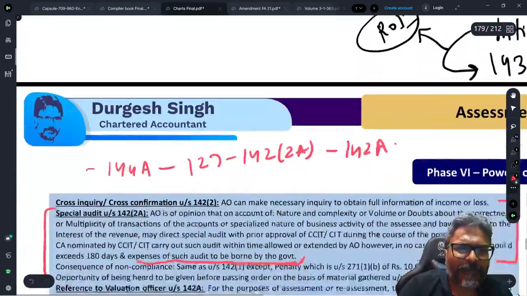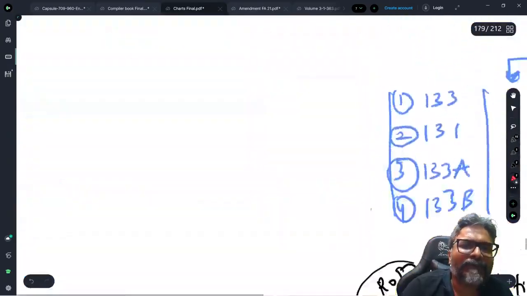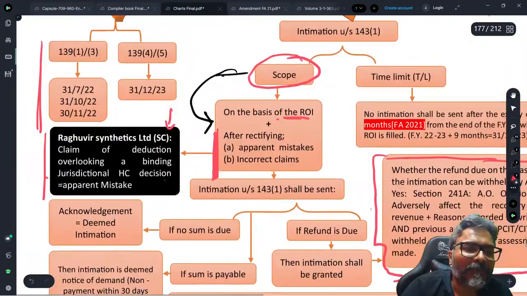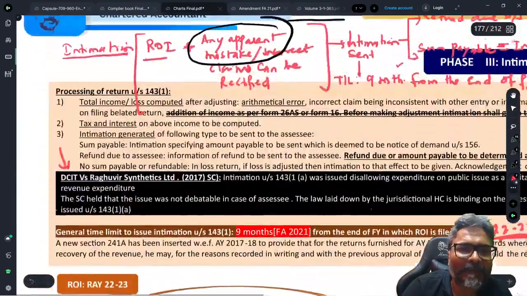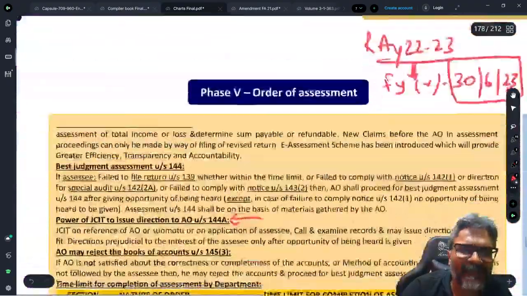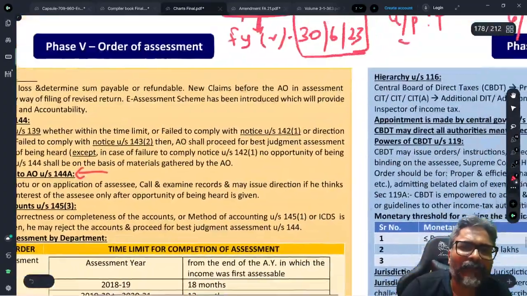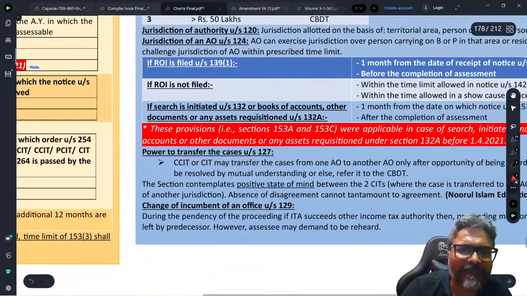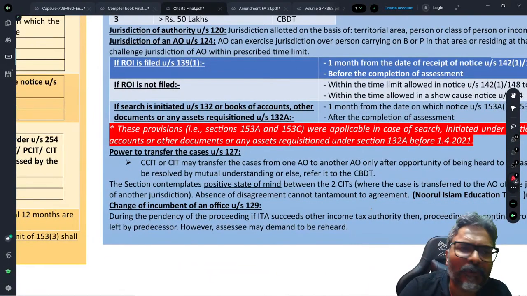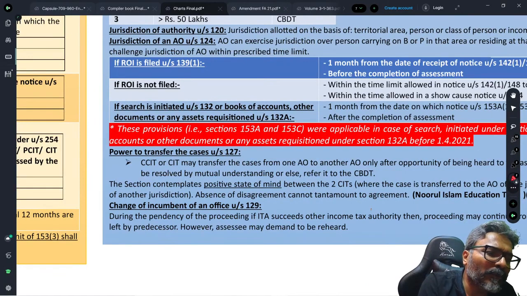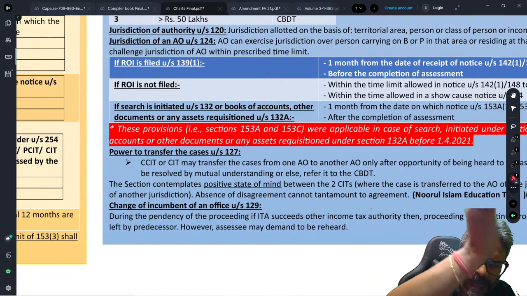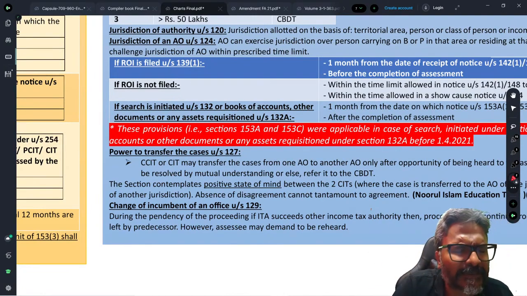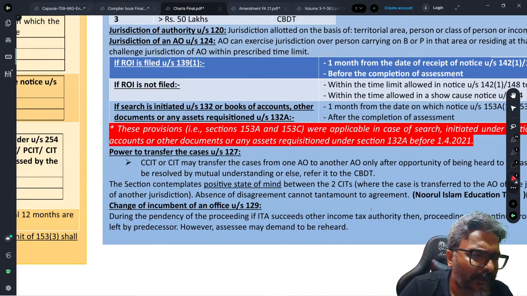But what if, students, there is no such JCIT who exists? If there is no such JCIT, then what happens? Then definitely the AO will go to the CIT, and the AO will say, look, there is no JCIT with whom I can refer the case so as to get the direction. So please give me the special audit. CIT will say,